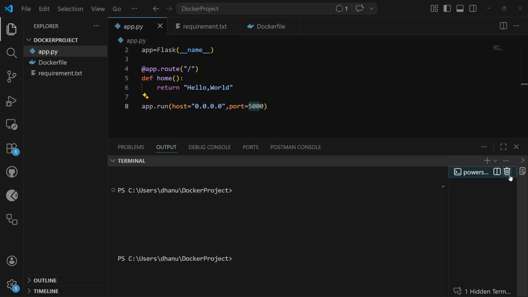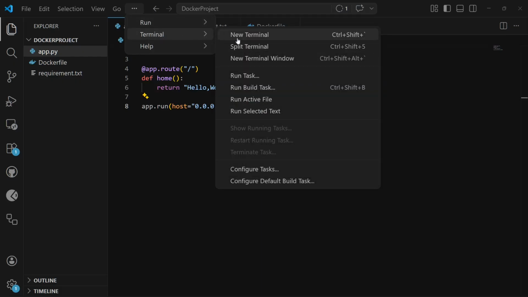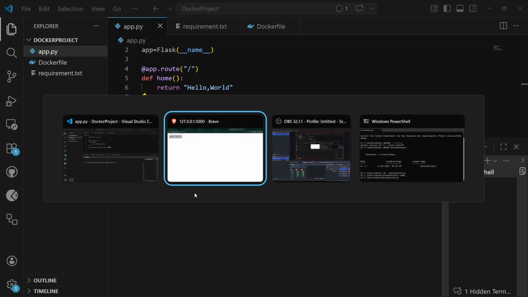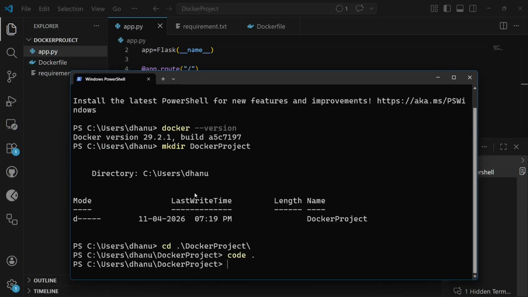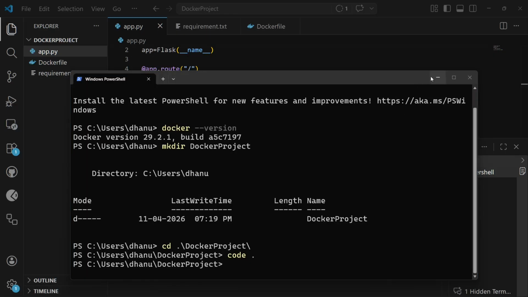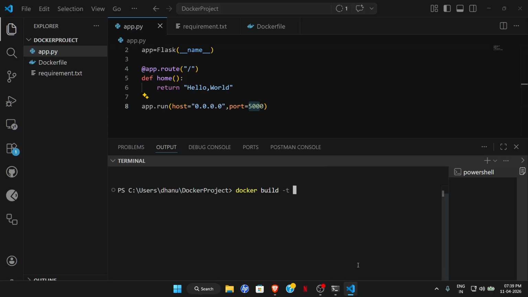So again, I'll help you out with how to build. After writing everything, just open a new terminal. Before that, open Docker and stop all the running services.